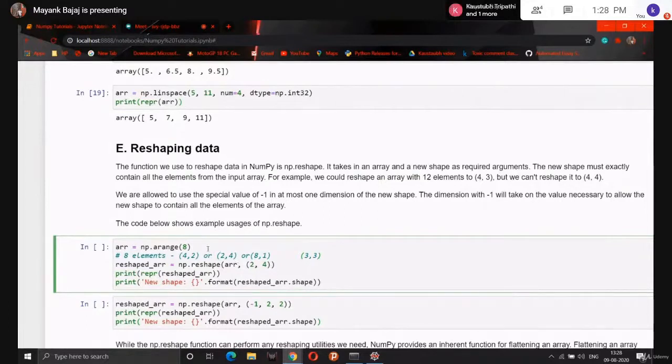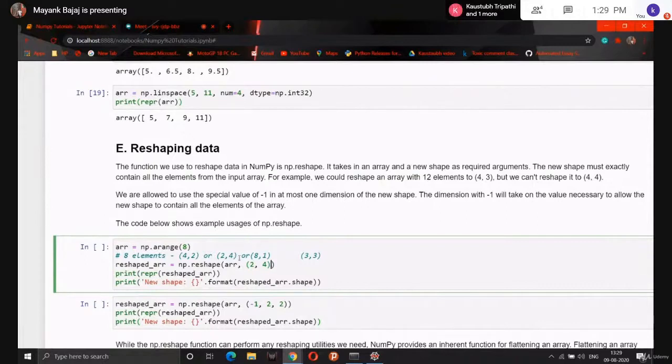So guys, I hope you understand in which shapes we can resize our array. These are the different shapes: 2x4, 8x1, 4x2. Here we are choosing 2,4 as our reshape size, and we are printing. And here we have used the np.reshape function.